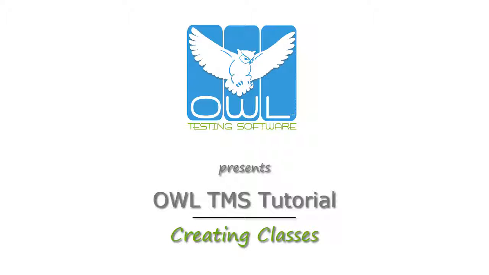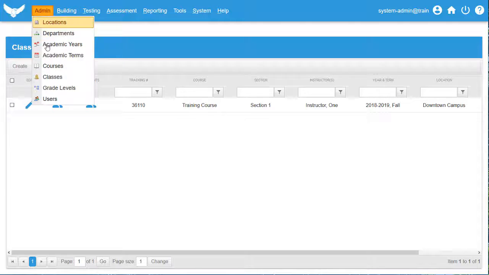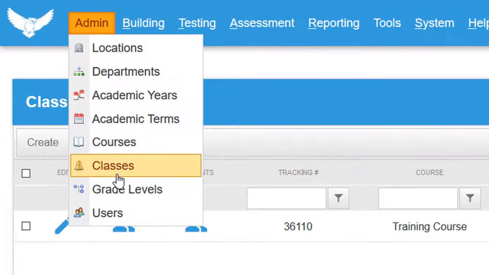Welcome, let's take a quick look at creating classes in OWL. Classes are created by system administrators from the Admin menu. Before you create a class, you will first organize your domain by establishing at least one location, year, term, and